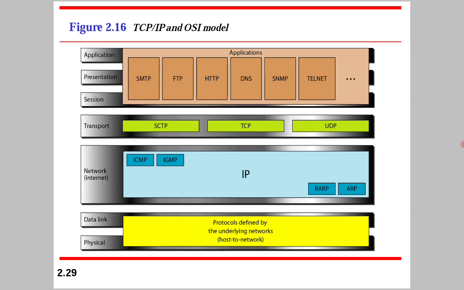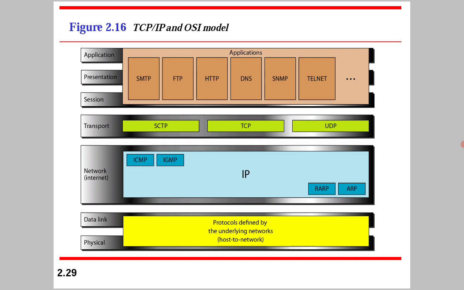Data link layer and physical layer are combined into the host to network layer or physical layer. Second one is called the network layer, third one is called the transport layer. Transport layer contains TCP, network layer contains IP protocol, and the session, presentation and application layers,